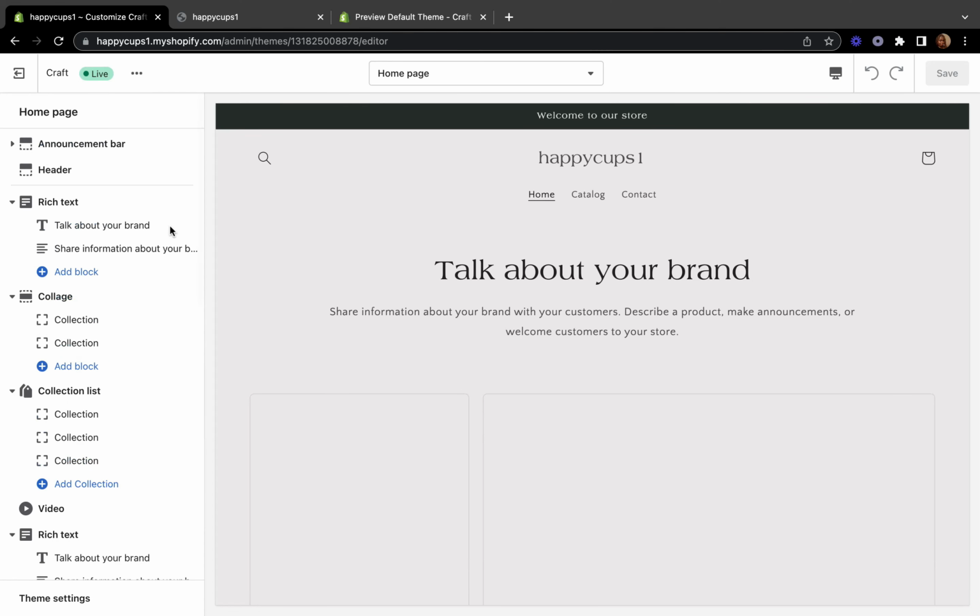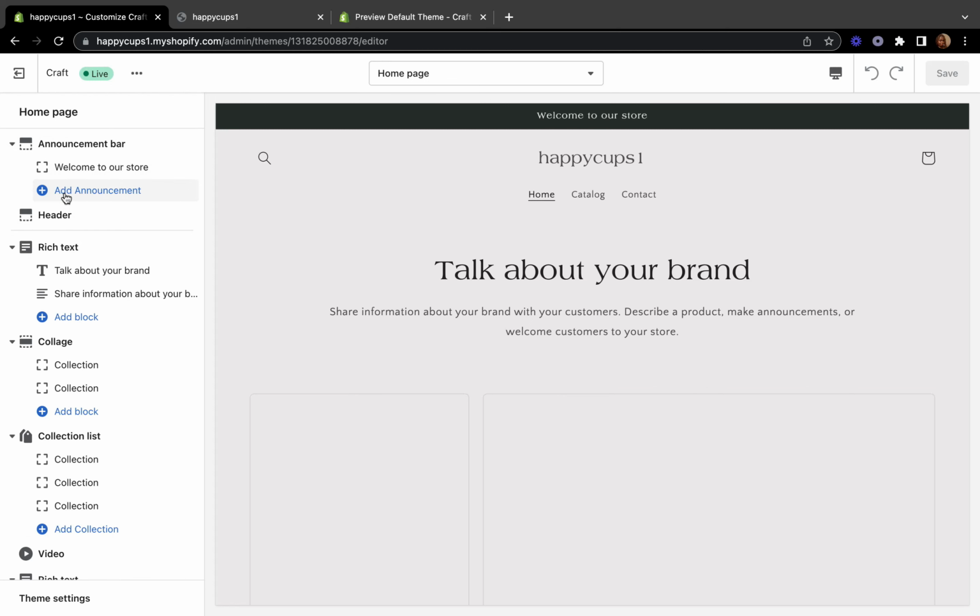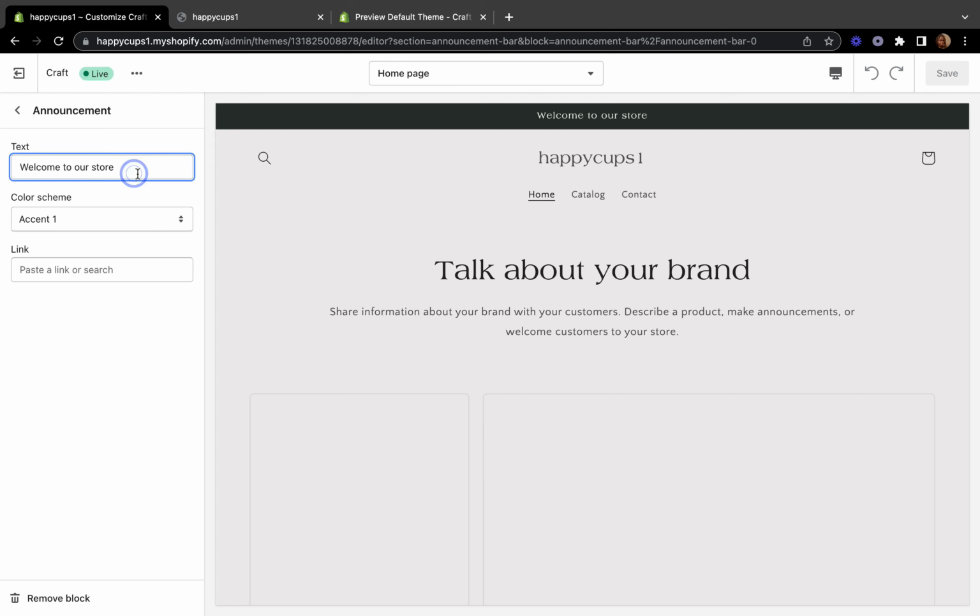So let's start with the top section, which is the announcement bar, and our announcement bar will be located up here. So let's click here, add announcement. So you can edit here, and you can write what you want your customers to know, like let's say welcome to our store, or you can just delete this and just tell them like take 20% off the entire site,